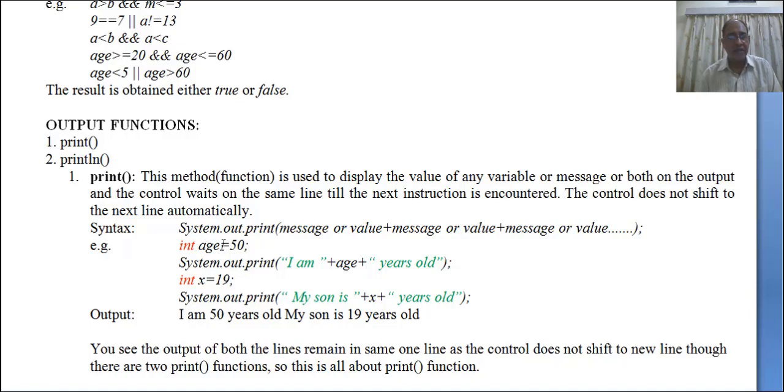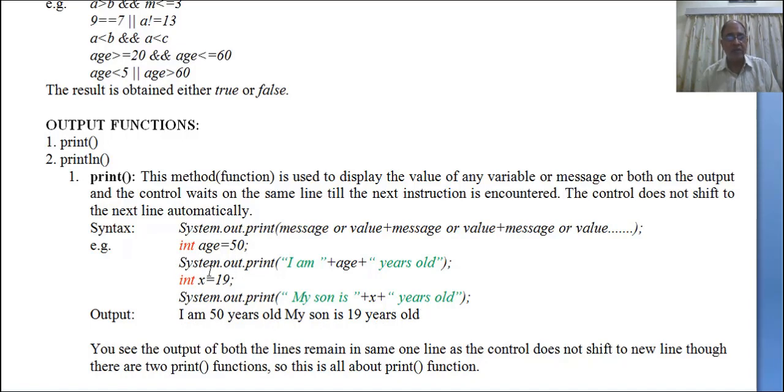We have an example: int age is equal to 50, System.out.print I am plus age plus years old, int x is equal to 19, System.out.print my son is x plus years old. Now if this program is run on the computer, it will give you the answer I am 50 years old, my son is 19 years old in a single line.